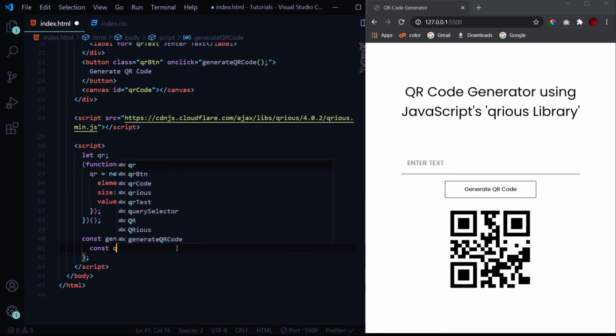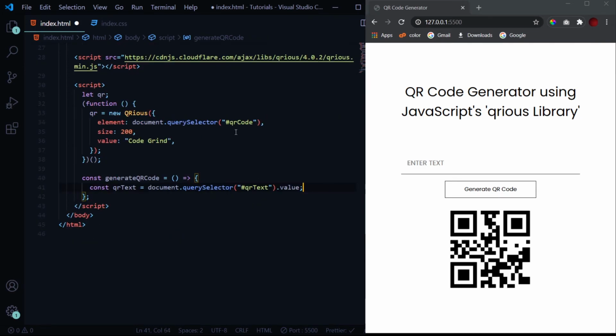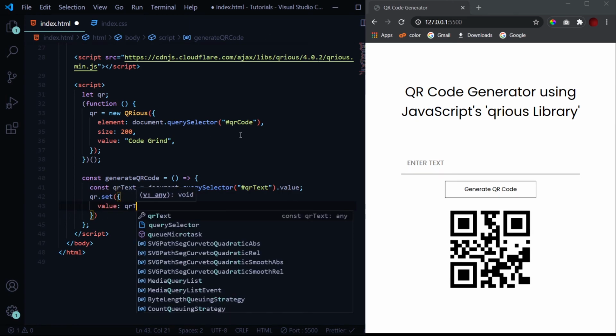So we will store that inside a variable: document.querySelector('#qr-text').value, and then we need to change the value property to this qrText variable. To change this property of the qr object, we need to run another function, which is known as the set function, which is used to alter the properties of an object, and then we will redefine this value property and change it to qrText.